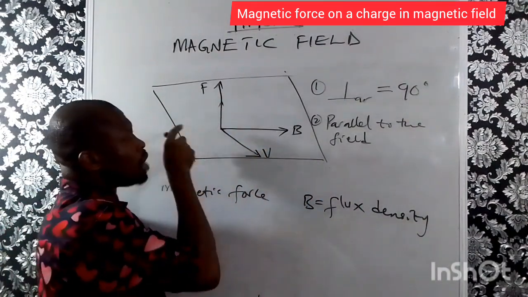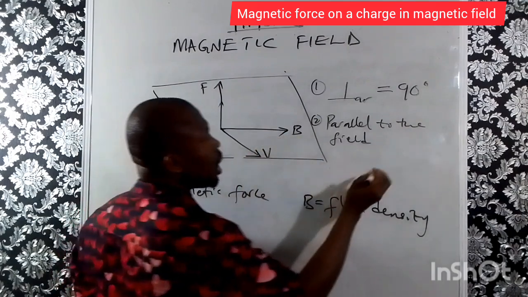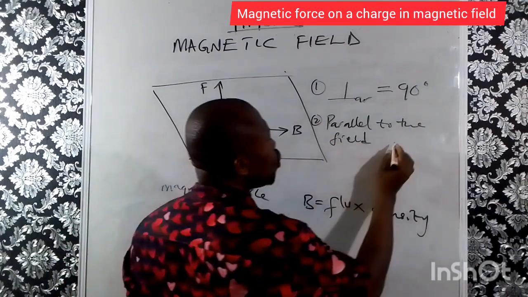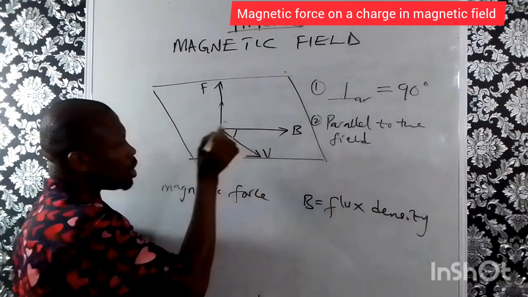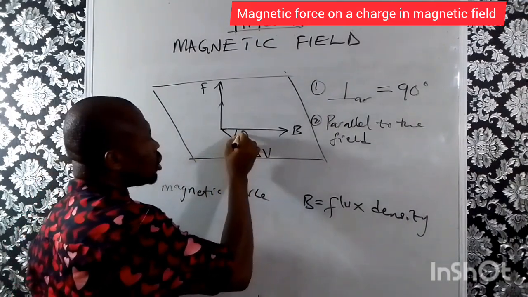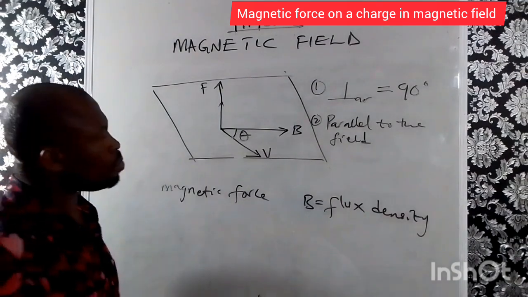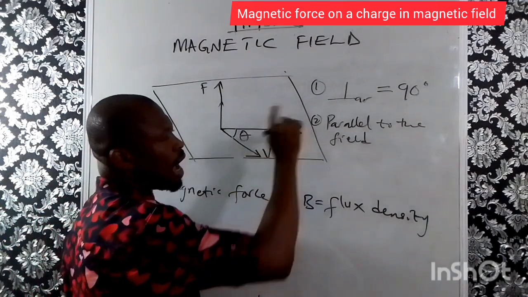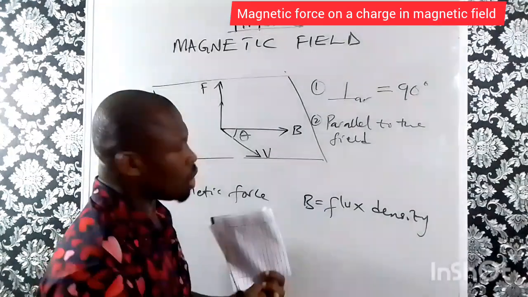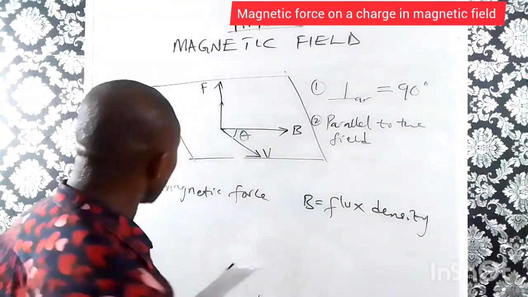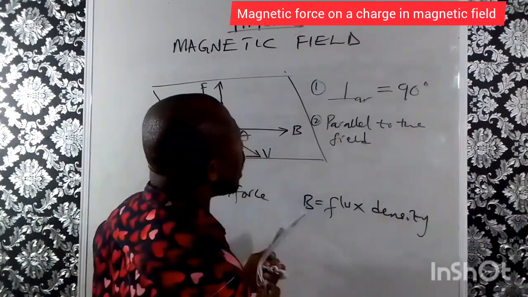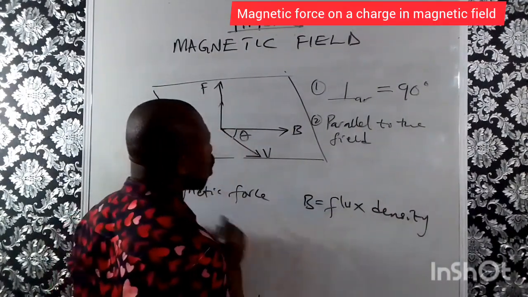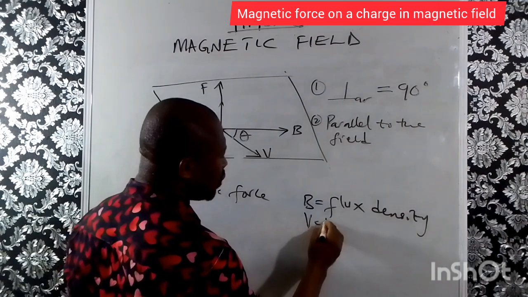But I want you to note two things here. If it is moving parallel to the field, of course, this is 0 here. Otherwise, the angle of inclination will come in, which is the angle between the velocity and the field. So in this case, B is the flux density, V is the velocity,